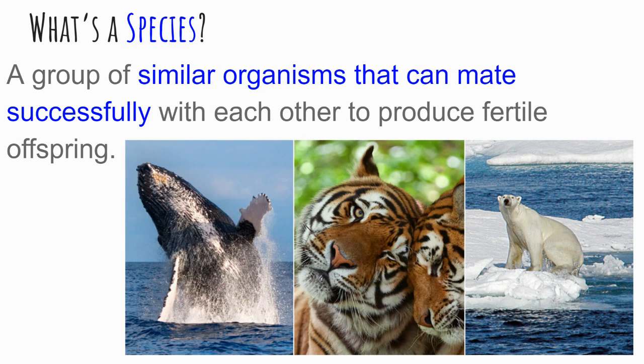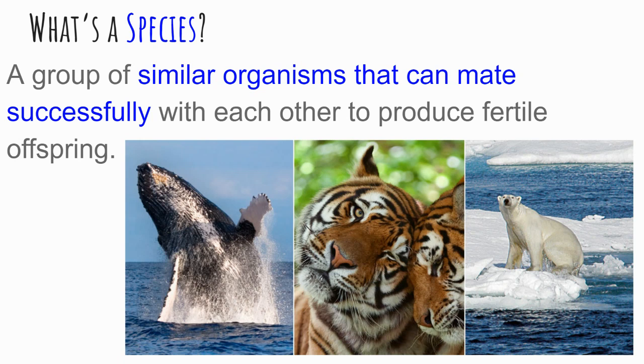And next up, let's talk about this word species. You'll hear me use this word a lot as we talk about the theory of evolution, but species are similar organisms that can actually mate successfully with each other to produce fertile offspring. So whales are their own species. Whales can mate with other whales of the same species and produce new whales. Tigers are their own species. They can reproduce with other tigers to create more tigers, but whales and tigers are different from each other, and they would not mate to reproduce and create some sort of similar organism. So that means that whale and tiger are separate species. So is polar bear, separate species from the other two.